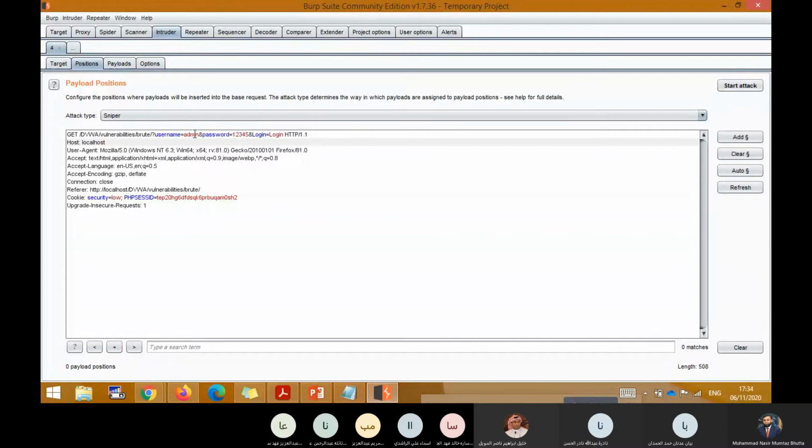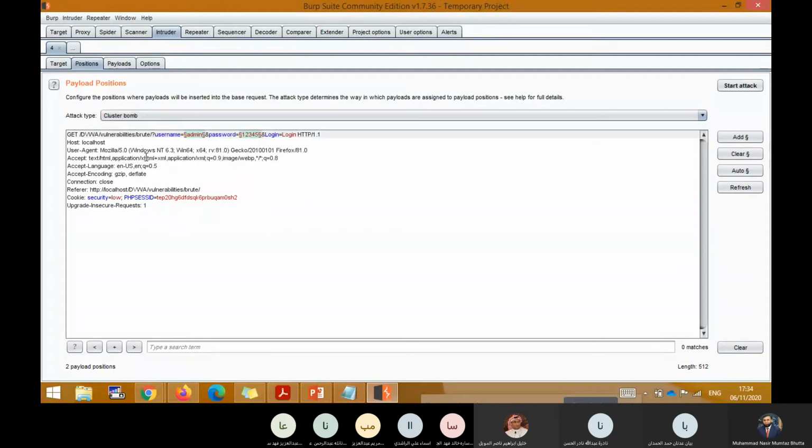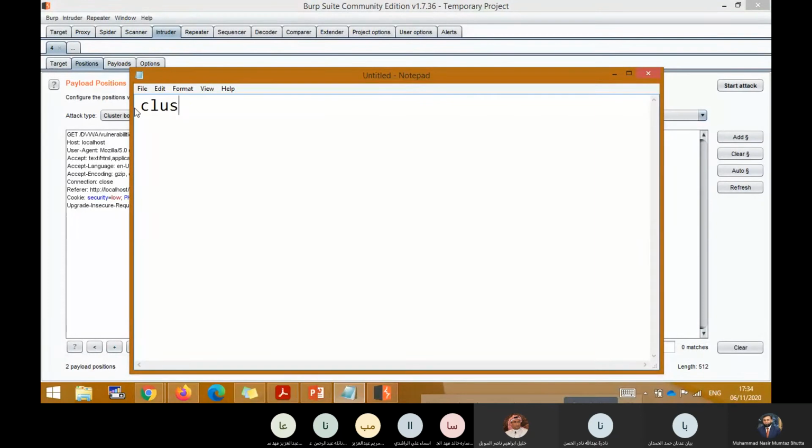If we want to find all the usernames and all the passwords, in that situation we will create two variables. One, we select the username value because we want to change the username as well. So I add one variable here, and obviously we will try different passwords. So I've changed the variable here. Now Sniper, as I told you, works only for one value. If there are two or more values, we select the cluster bomb. So how does cluster bomb work? We provide two lists. In the cluster bomb attack, we provide two lists: list 1 and list 2.